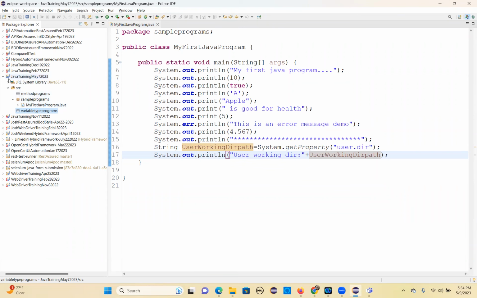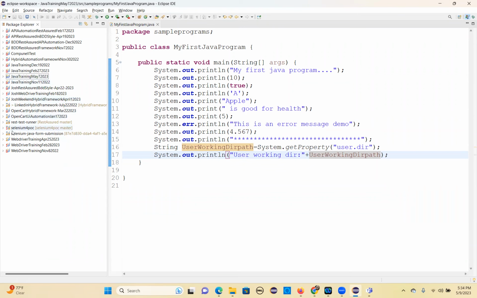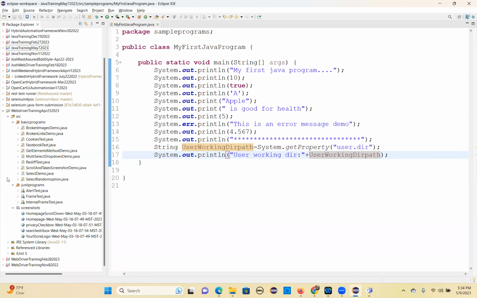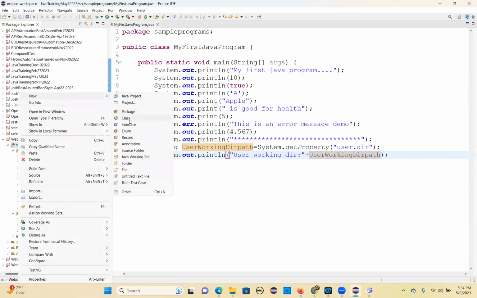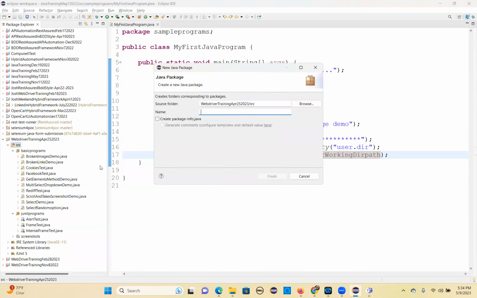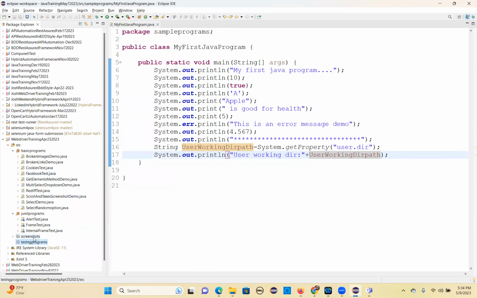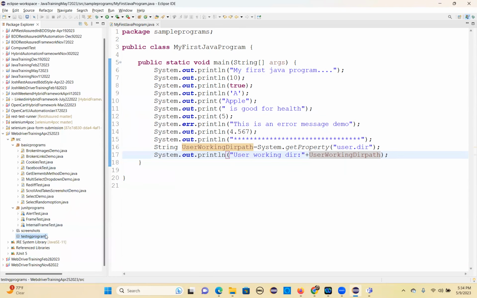So let's create a WebDriver project we already have, right? This is the one. Okay. So let's create a new package. New. So package TestNG programs. So here you have to create all the